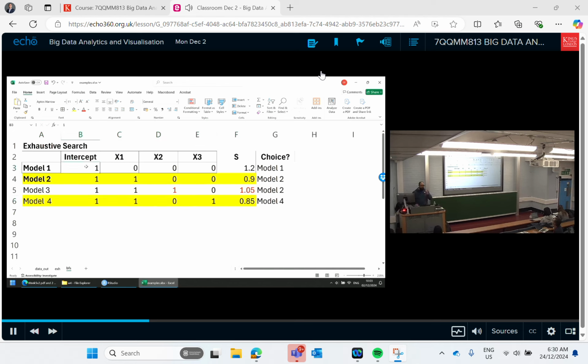Okay? So think of it that you put your variables in order and you say variable 1, put it in the model, works, keep it. Variable 2, put it in, works, no, drop it. Variable 3, works, keep it. Variable 4, works, keep it. Variable 5, works, no, drop it. So in this way you start going variable by variable, and what works you keep, and what doesn't work